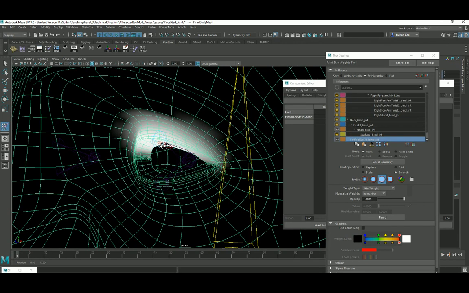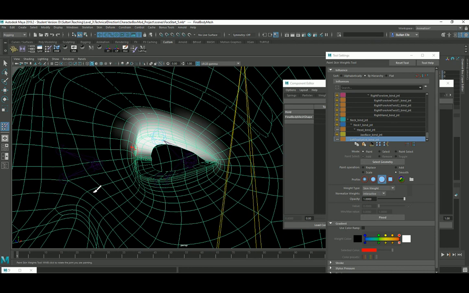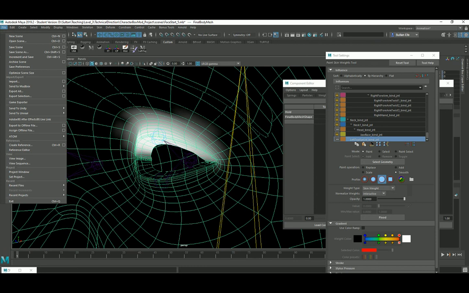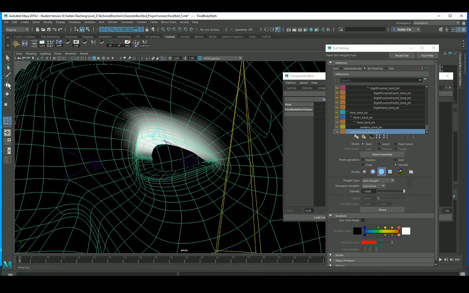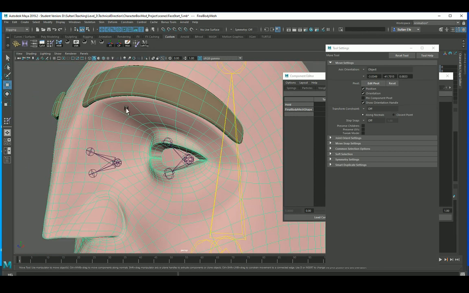So this is the influence, roughly what the eyelid joint is controlling. So I'll save the file, and then I'll do the same with the bottom eyelid. I'm not going to record that one. I'll show you the finished version. I don't want to take much of your time. And then once we finish with this at default pose, what we'll do, we'll